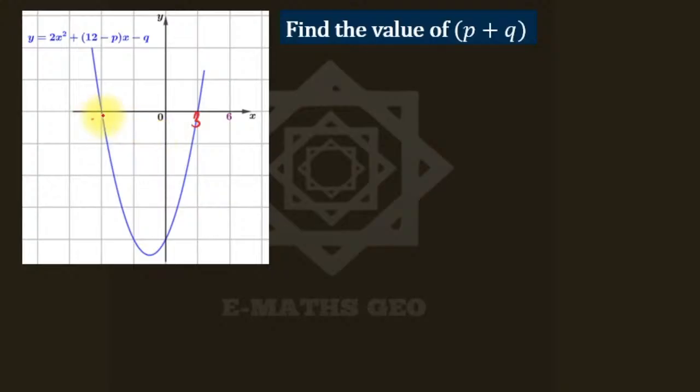And here is minus 6. This is minus 3. So using the knowledge of the roots, the roots are minus 6 and 3. Therefore, from here, you know that at that point y is 0, so I have 0 is equal to 2x squared plus 12 minus px